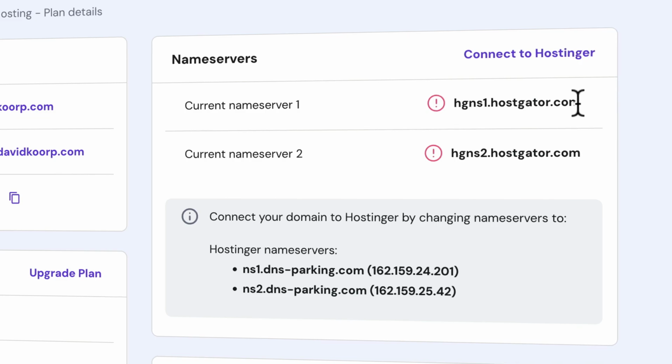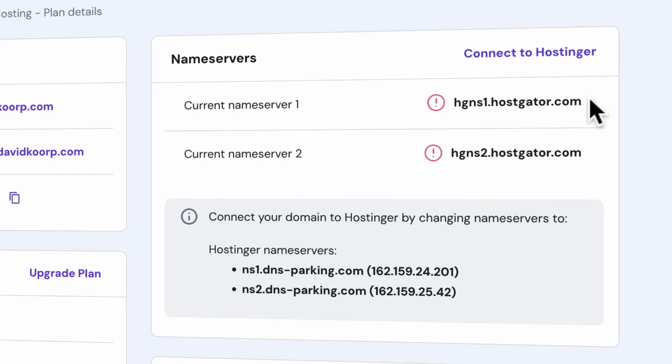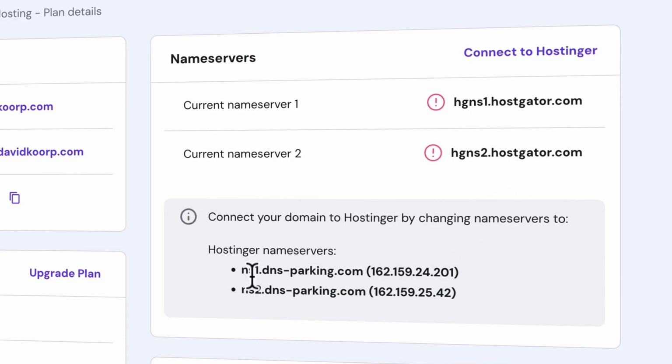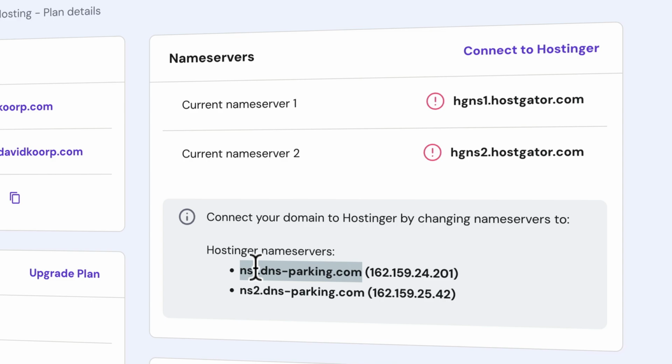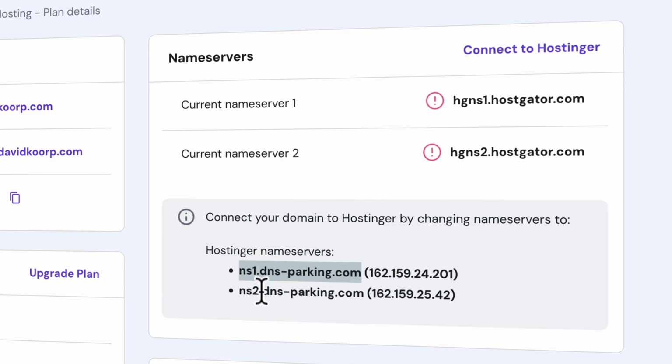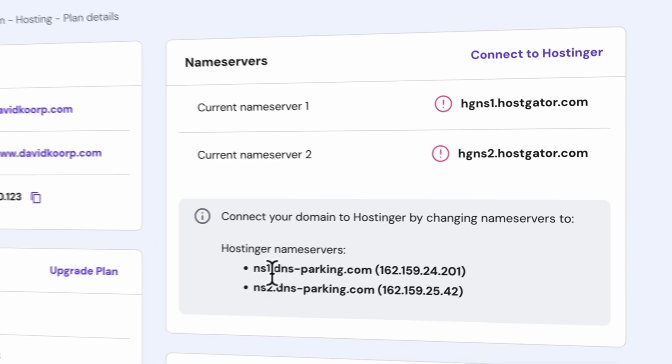But what I want to do at HostGator, I want to point the domain to the website at Hostinger. So what I will do, instead of pointing to these name servers, I will point it to the Hostinger name servers. Those are here. So I copy this one, and it's always number 1. So I will paste that at HostGator, and then I paste it again, and then I'll change the 1 to 2. Let me show you what I will do.